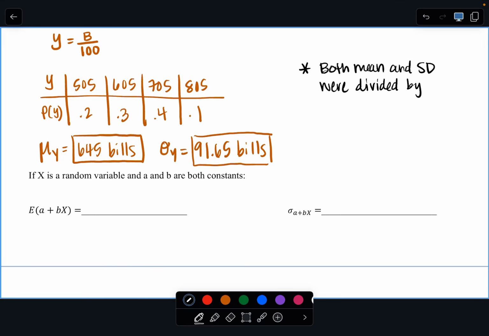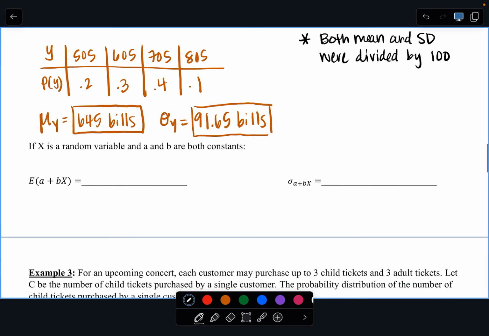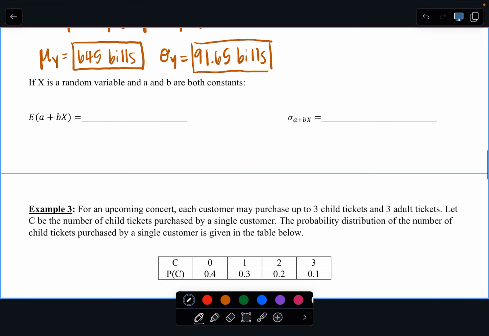And so again, the mean is going to do whatever you want. If you're dividing, multiplying, adding, subtracting, it's going to change everything. But for standard deviation, the only thing that is ever going to affect it is dividing or multiplying. So if you're only adding a constant to something, your standard deviation does not change at all because you're adding the same value. So to formalize that in some equations,